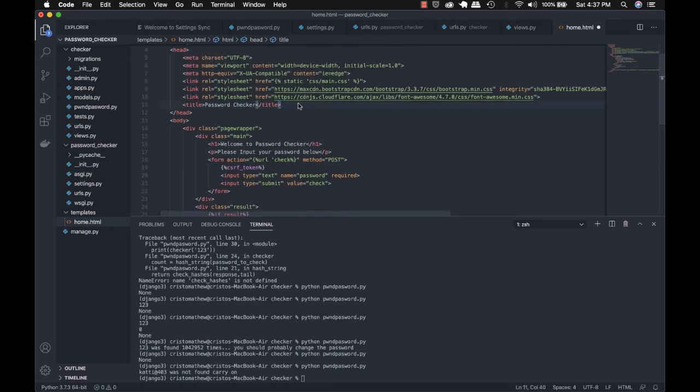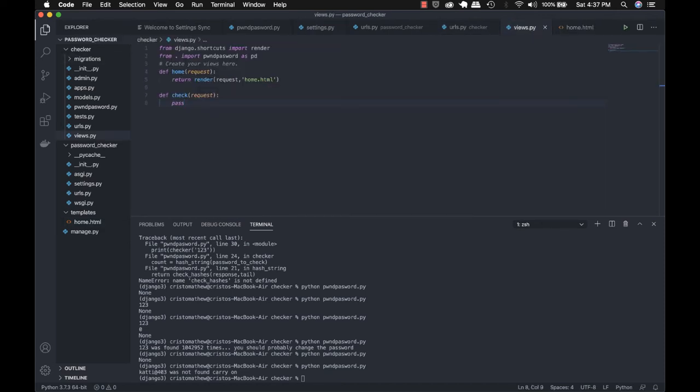And we'll just define our check function. So delete this part. We'll say if request.method is equal to post, then only invoke it. So we will just pass in our password. We will get our password from the template. So request.POST password,